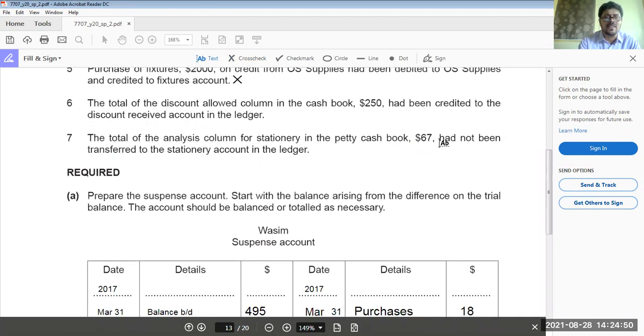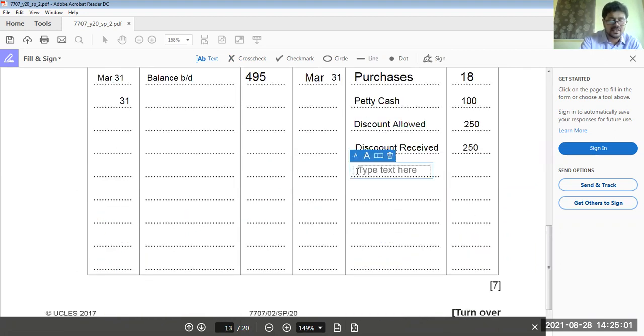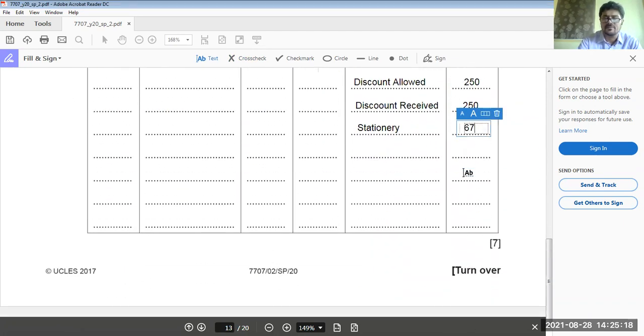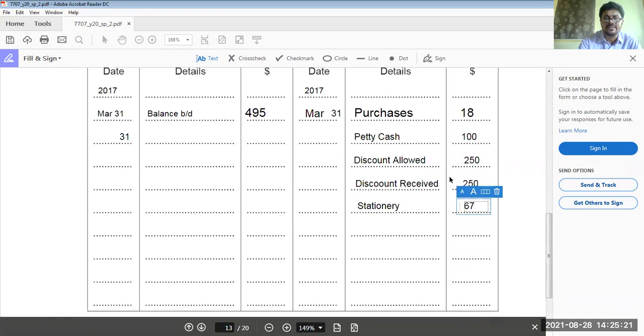Okay. The total of the analysis column of the stationery purchases book, 67, has not been transferred to stationery. So what we do, we'll debit stationery and credit suspense with the stationery amount. How much? The amount of stationery? Done? Okay. So if we get the totals over here,